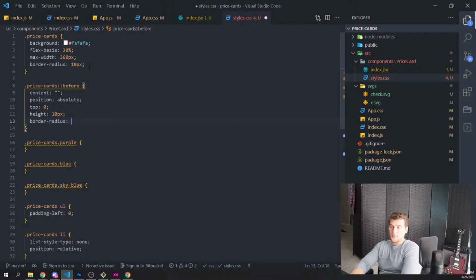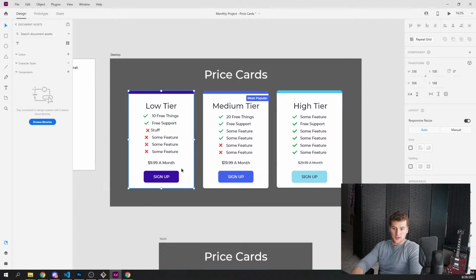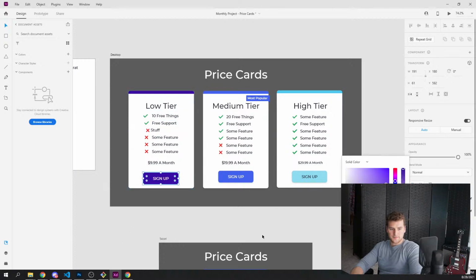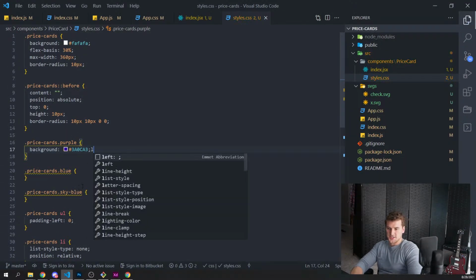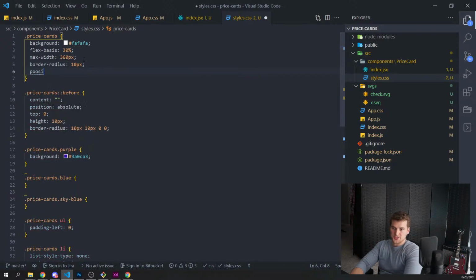So we start in the top left, right? We'll have 10 pixels, 0, 0 for the bottom right and bottom left. And here we'll say background. We need this purple color, so we'll grab that. Let's stick that there. Oh, nope. Do it right. There we go. And then I think we got to make sure this is position relative. Otherwise, this is going to go outside of that box.